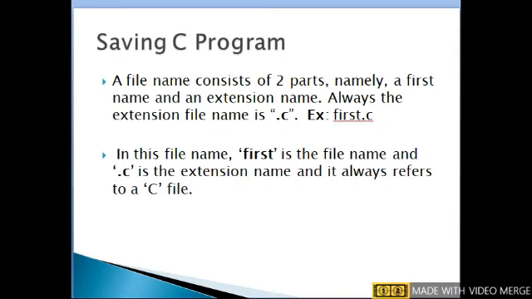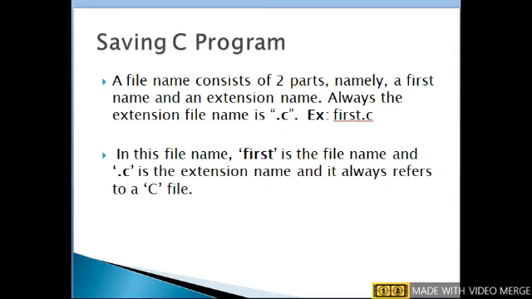In this file name, first is the file name and .c is the extension name, and it always refers to a C file. To identify C program files, we use the .c extension. If you observe any other application files like Word, Excel, Paint files, at the end of the file name we will find some extensions.